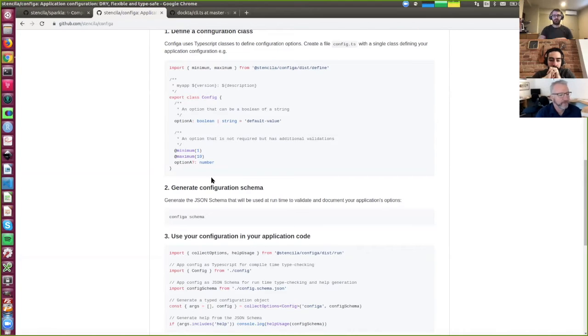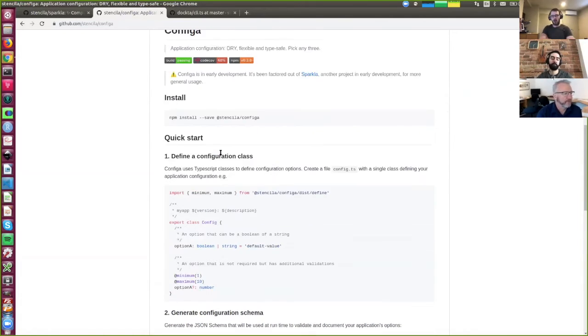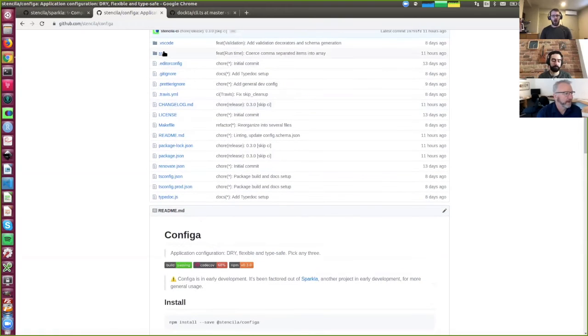And they're all based on JSON schema, because what Configa does is it takes this configuration that you've defined in TypeScript, passes it using TypeDoc, which is a documentation tool, extracts out the documentation comments and the type specifications, and generates a JSON schema for you. So if I go and show you the code here, what we've got is